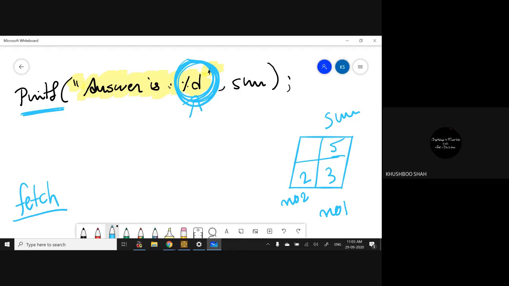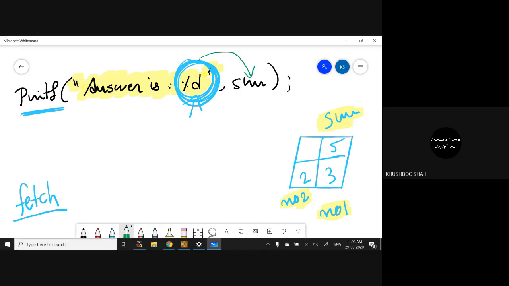But I have so many different locations from where I have to fetch the data, so I have to tell the compiler, or the printf statement, to go to that particular location and fetch the data. So from where? This is associated with this variable.